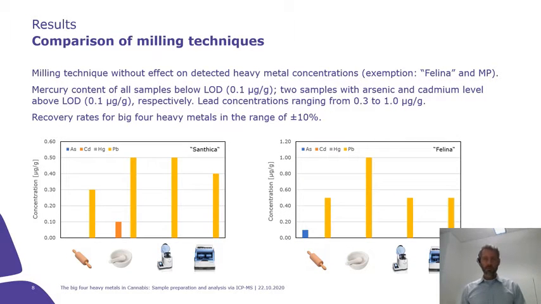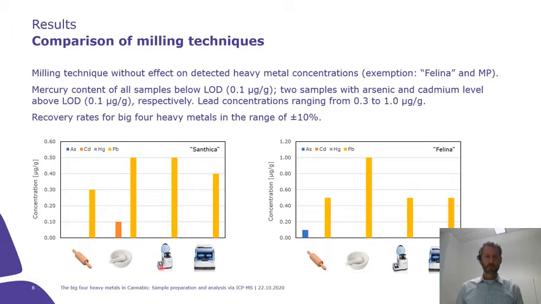Now, let me come to the results of milling techniques. It's a comparison of these techniques. From left to right, you can see the rolling pin approach, then the mortar and pestle. This is the cutting mill, and this is the ball mill, cryo ball mill. Hemp variety is Santica. And what you can see is that the results are quite nicely comparable, with almost no cadmium abundant in the samples. No arsenic and mercury was detected. The only heavy metal that is at least available to some content or was analyzed to some content is lead